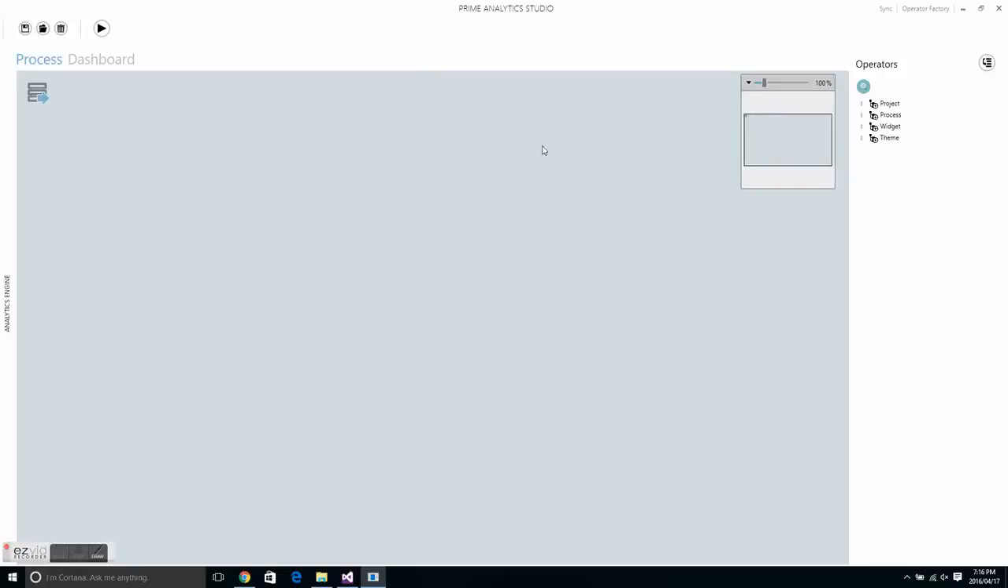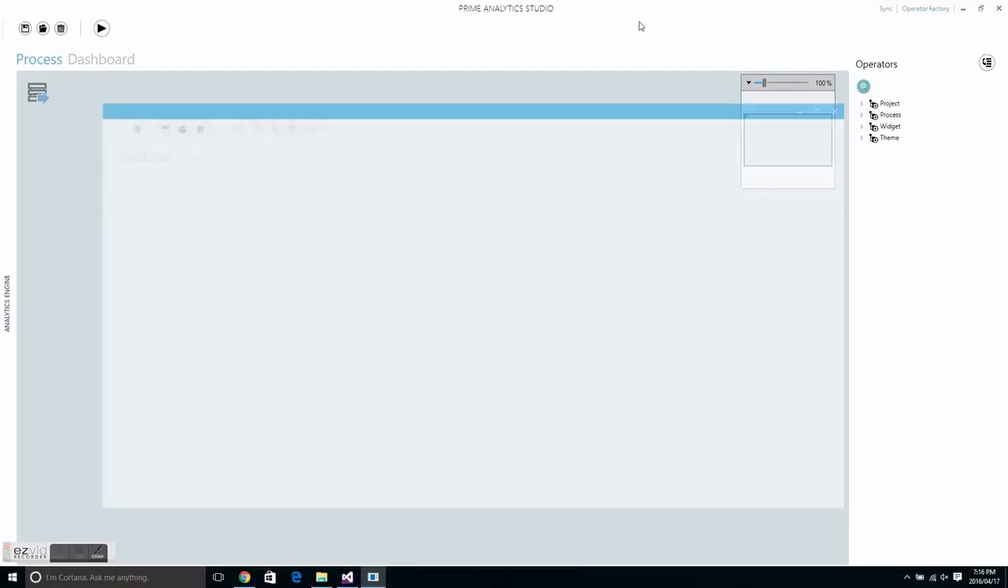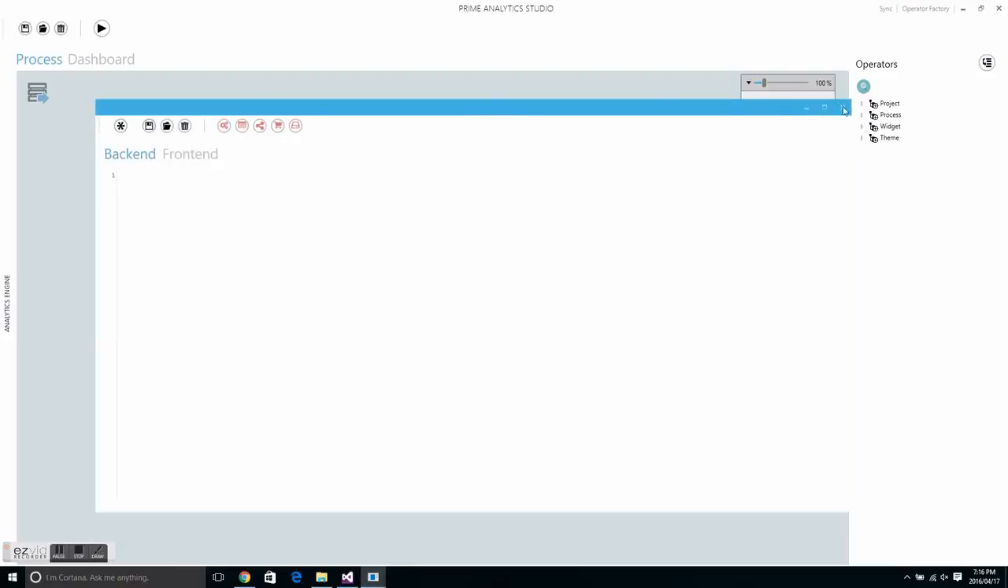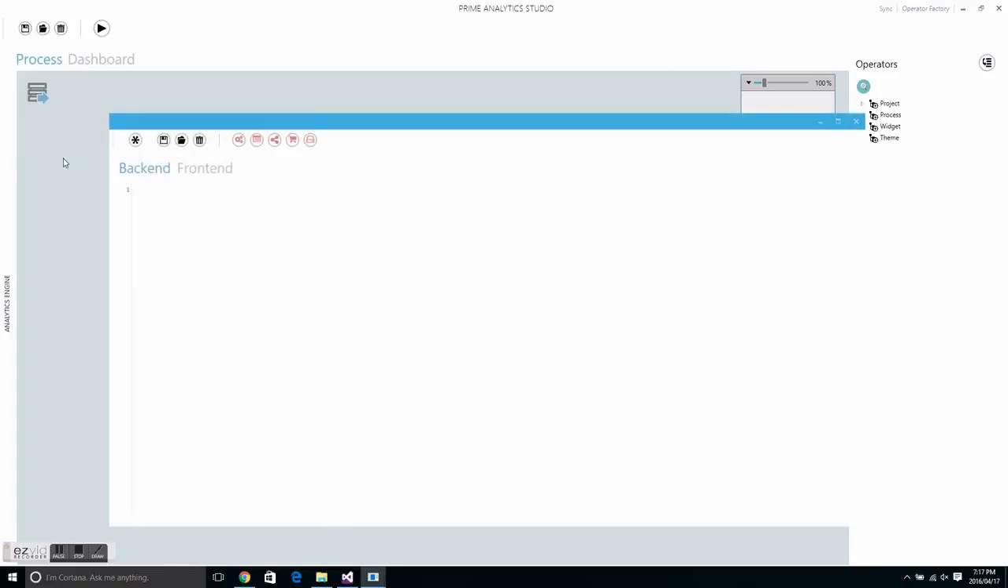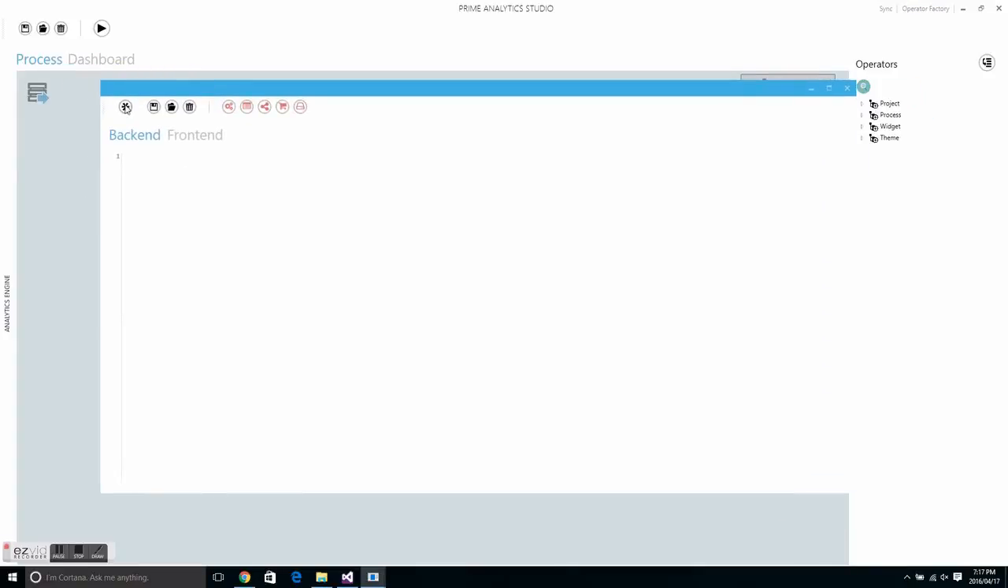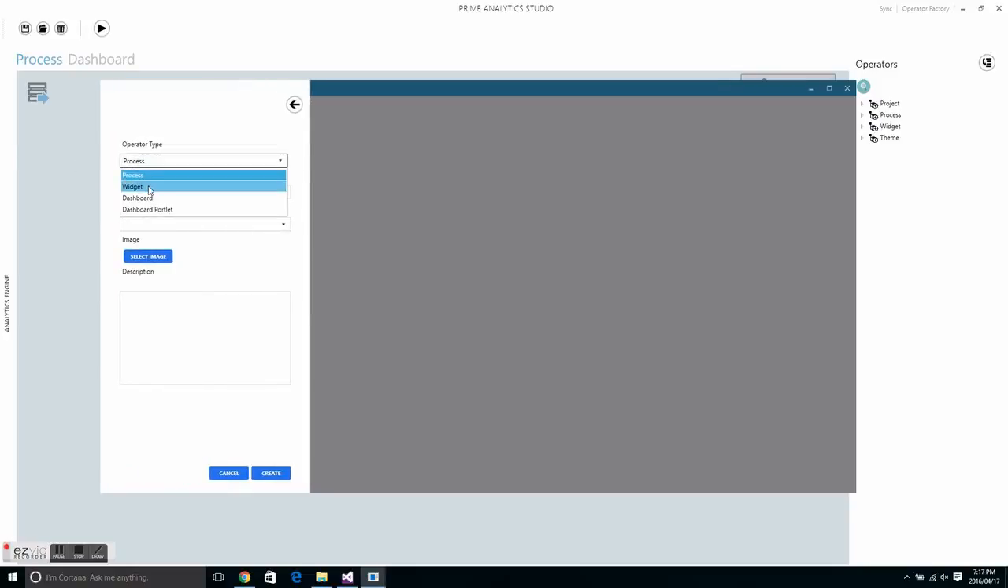Operator factory works. It's just a really simple operator, and we start off by just clicking at the top right where it says operator factory. So we'll open this new window. Here you can create a new operator and you click here, and we want to create a widget, and we want to call it